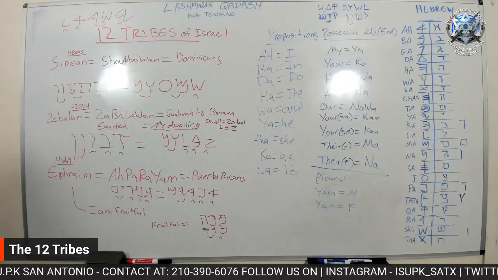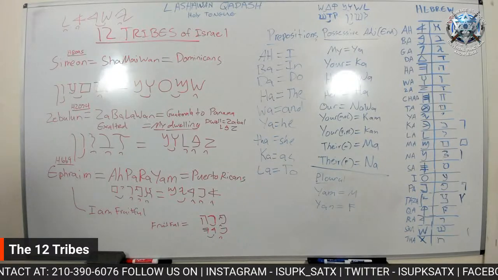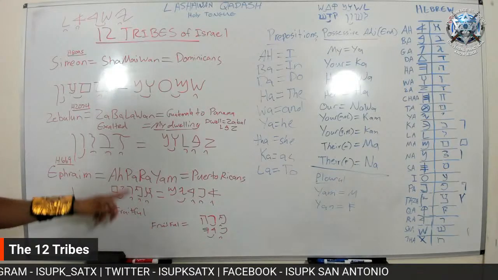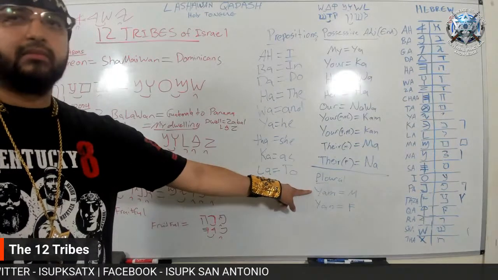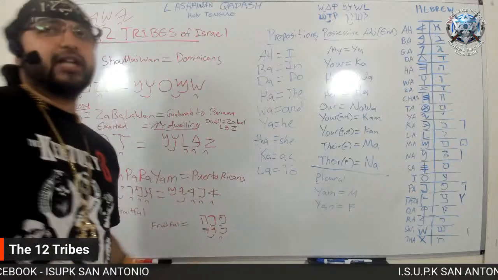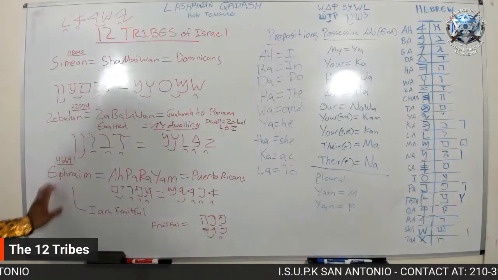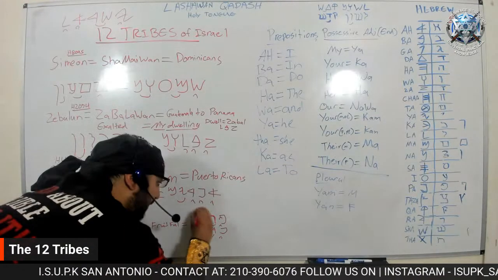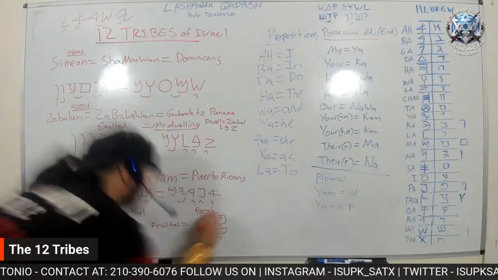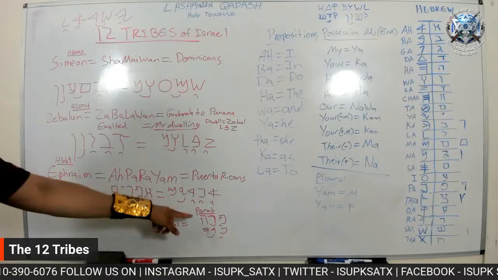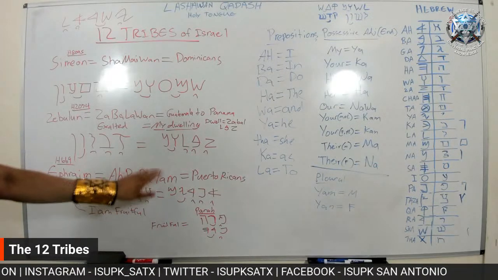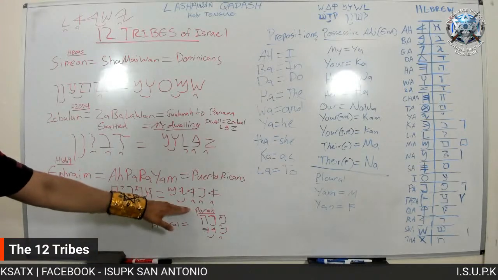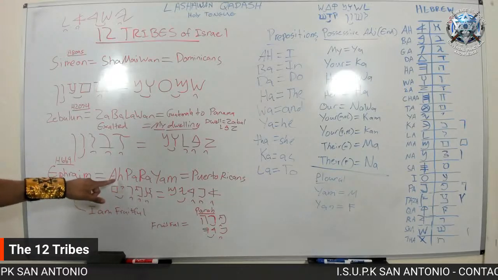Now, again, we're using our rules, right? This is where the prepositions really come into play, because what do we know? We know that to bear multiple fruit, we have to add what to it? Yum, right? I'm giving you the understanding of why Aparium is Aparium, okay? Because the word fruitful is pronounced para, and that is a part of the name. Now, we're going to get into why the ending changes later as we get deeper into the Hebrew, but the name para is actually a part of his name because the name is I'm fruitful.